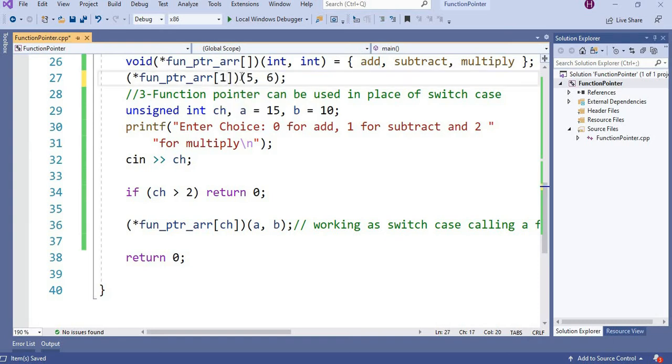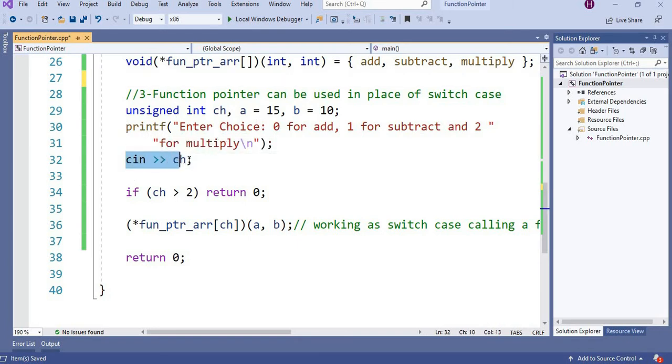Pass 1, subtraction will be performed. If you pass 2, multiplication will be performed. So instead of calling these directly, we can create a switch case with the help of a function pointer. The function pointer can also be placed in a switch case. So very simple.